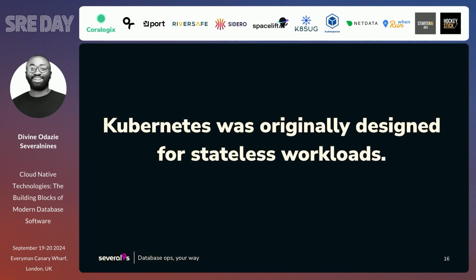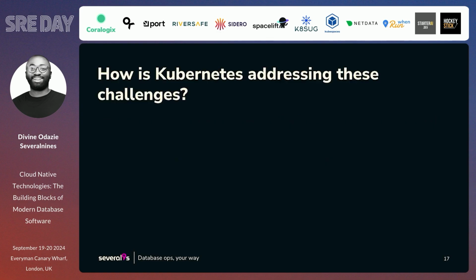So imagine having these challenges with a regular stateful workload on VMs, and then bringing it to Kubernetes, which is stateless by default, because of the idea of containers being ephemeral, where you want to scale easily, destroy containers, and scale down when need be. So how can we tackle these challenges in a Kubernetes environment? That is what I'm going to talk about and give a more in-depth overview of.